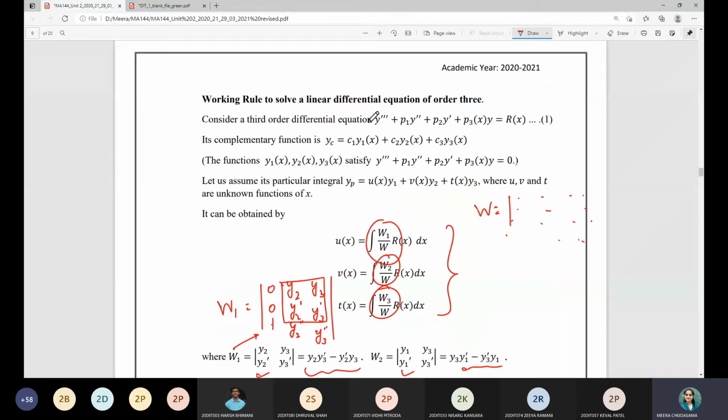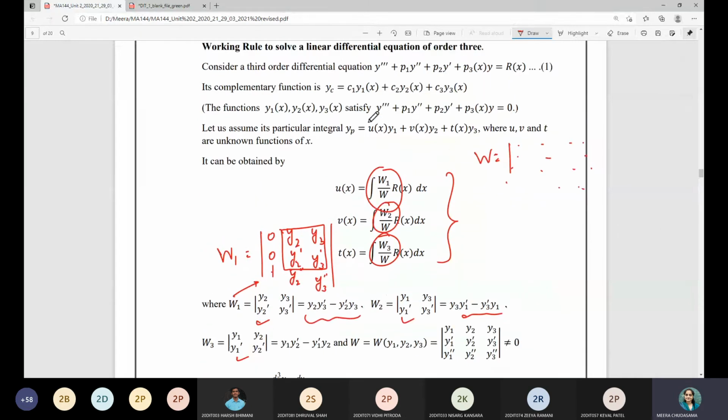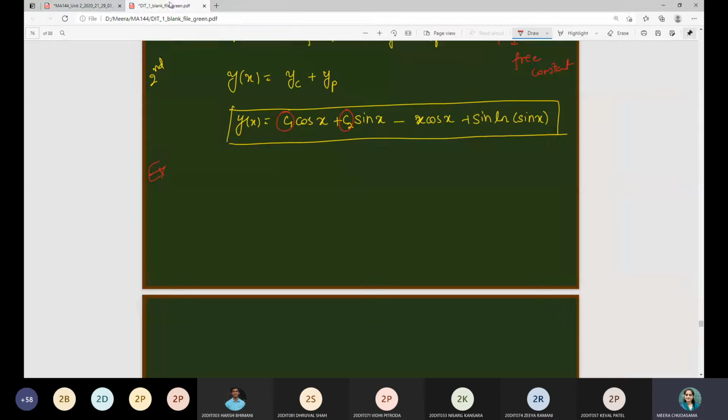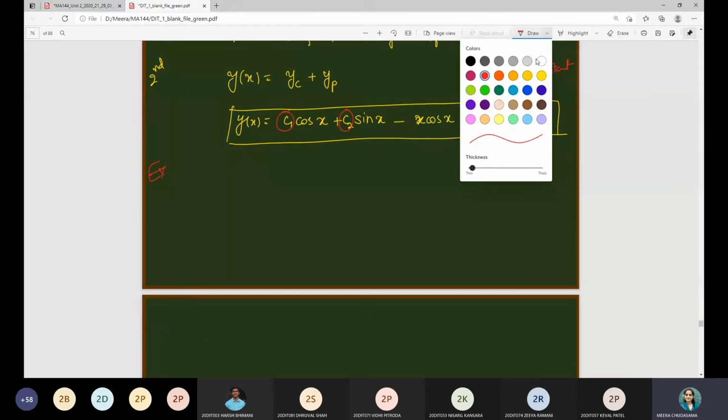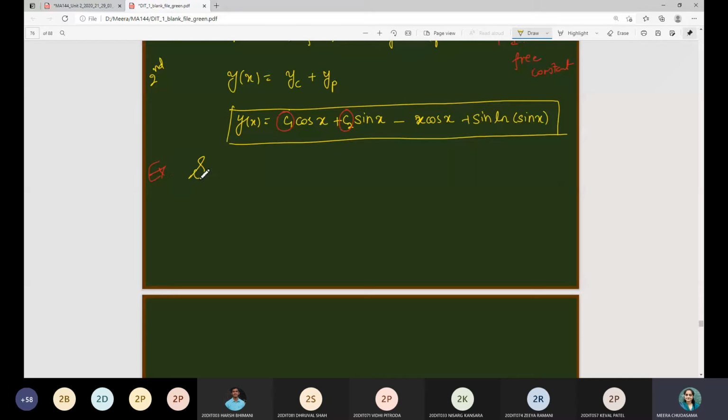So in that one, let me write it, because in that case you will have the solution. Solve d cube y upon dx cube plus dy by dx is equal to cosec x, the same right hand side function we have, right? So first of all, find out the complementary function and let me know what the complementary function you are getting. I am giving you 2 minutes maximum.